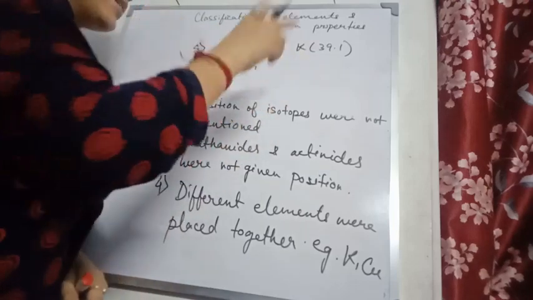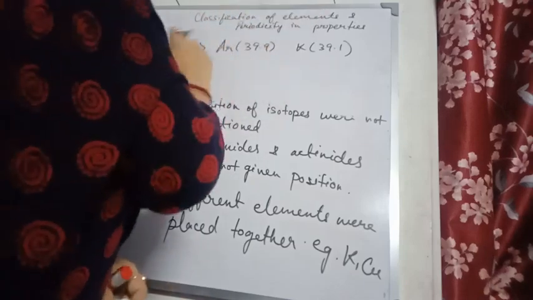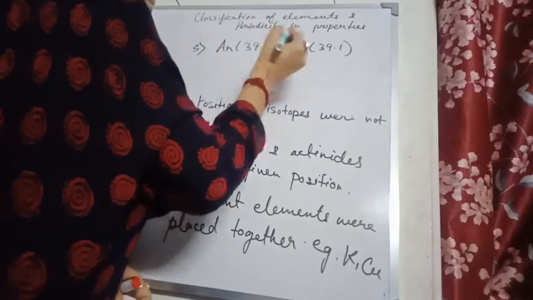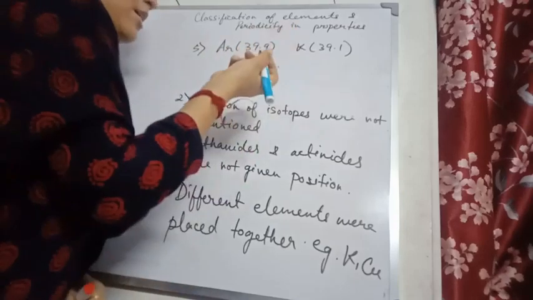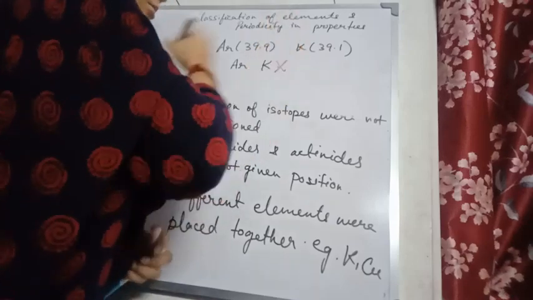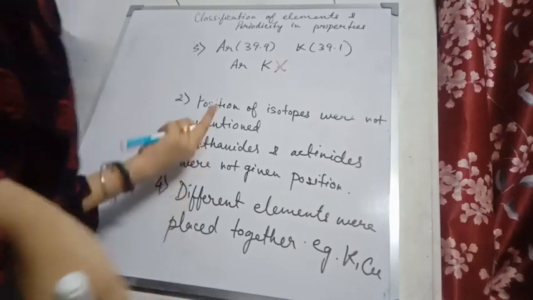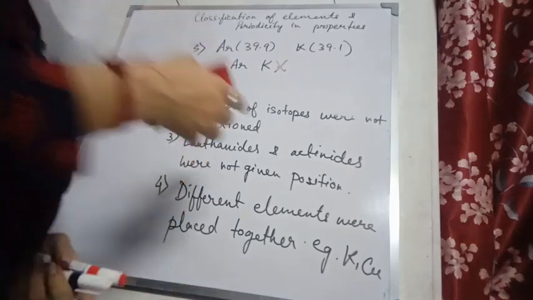But in the periodic law given by Mendeleev, in Mendeleev's periodic table, we are seeing that argon is placed before potassium. And the reason, we don't know why it is so. I mean, he only gave the law and then he himself is not obeying it. Next,